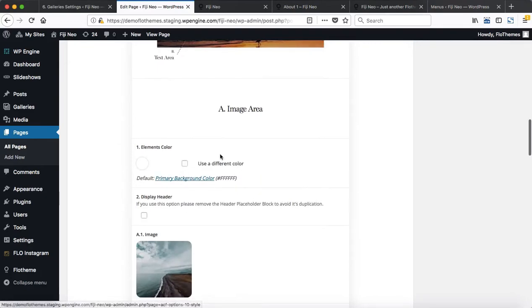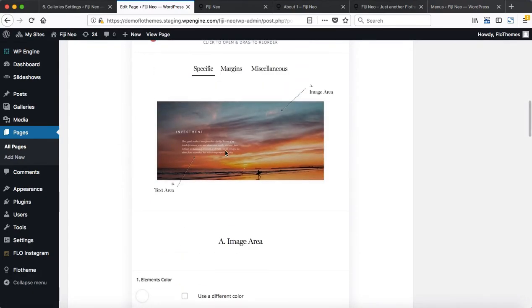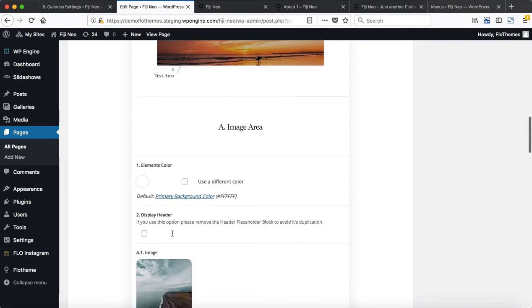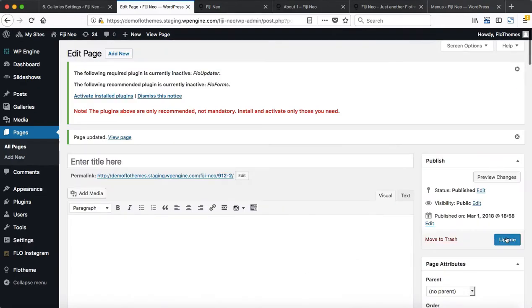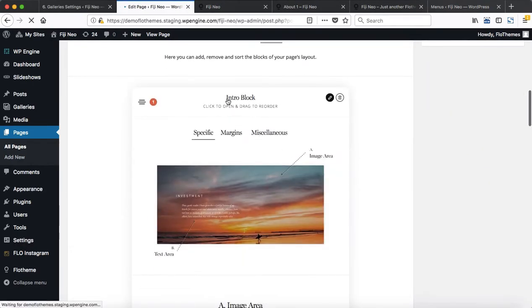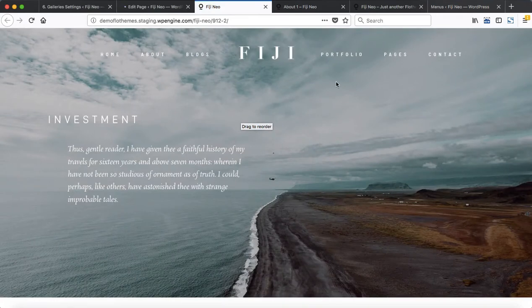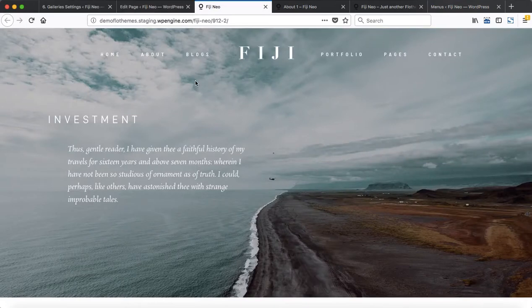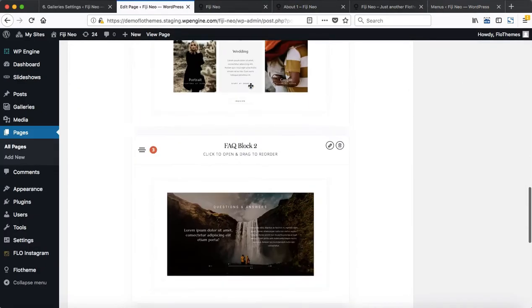Within these areas that support having menus within a particular block of content, there is an option that says display header. If you enable this option, specifically referring to this intro block over here, we will have our navigation displayed on top of our image. This would provide full access to your website. From there, if you still want to have maybe one or two pages, but still limit the amount of pages users have access to, what you can do is create